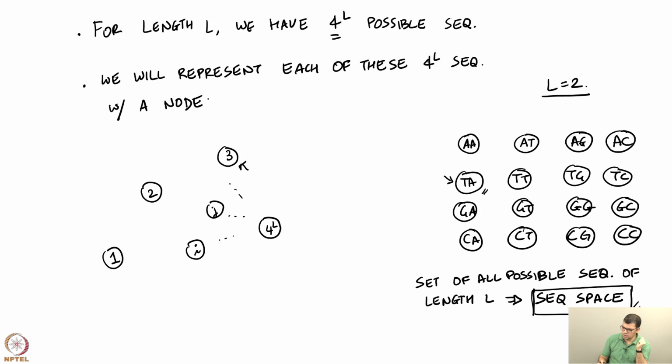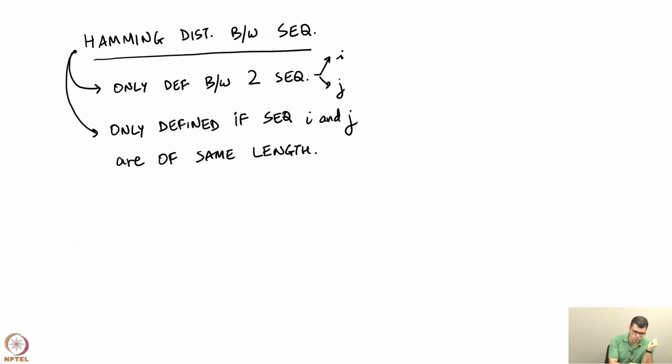So, Hamming distance is only defined in a pairwise manner and only between sequences of equal length. So, given sequences i and j, Hamming distance is represented as Hij. Hamming distance between sequences i and j is equal to the number of nucleotides